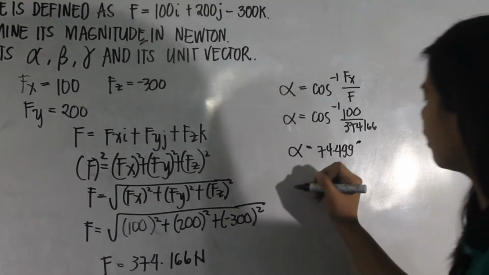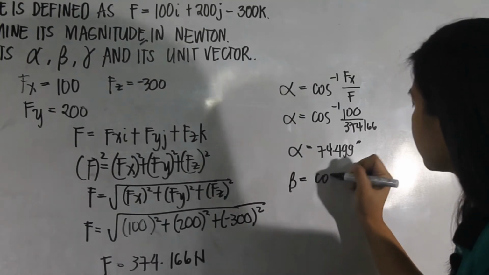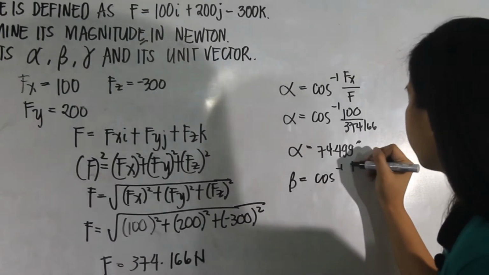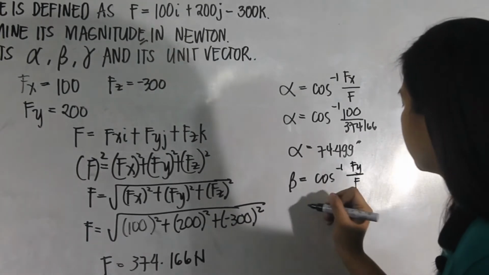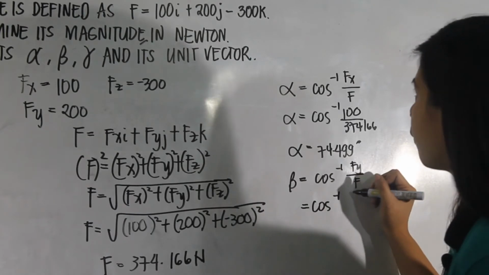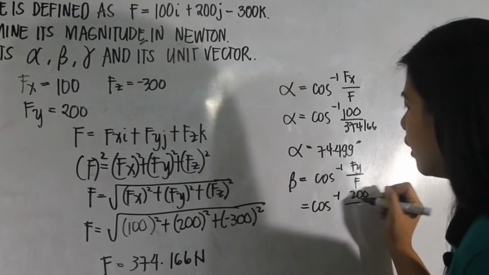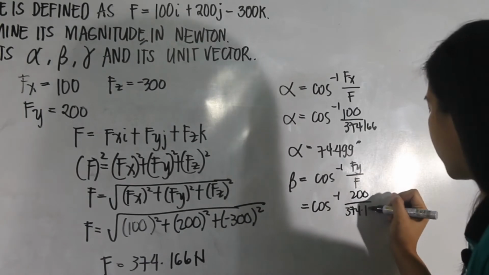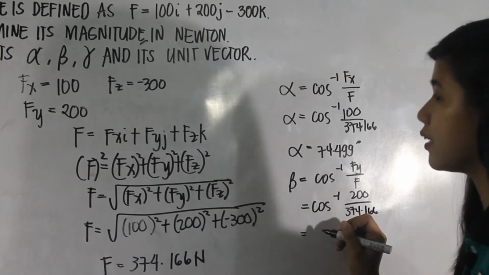And for the beta, we have arc cosine of Fy over F. So we have arc cosine of Fy, which is 200, over 374.166, and that will give us the answer of